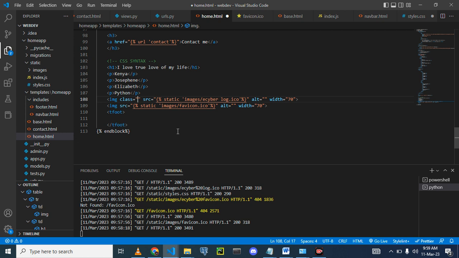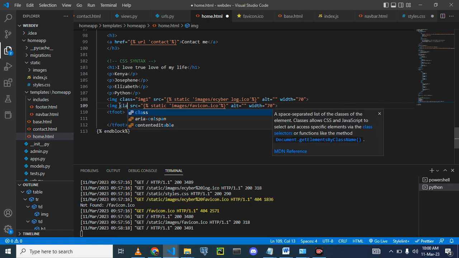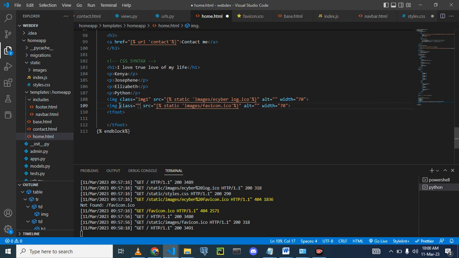Let's call this one image1, and this one we give it a class image2. Control S to save the changes, and after saving the changes, you now just come here,